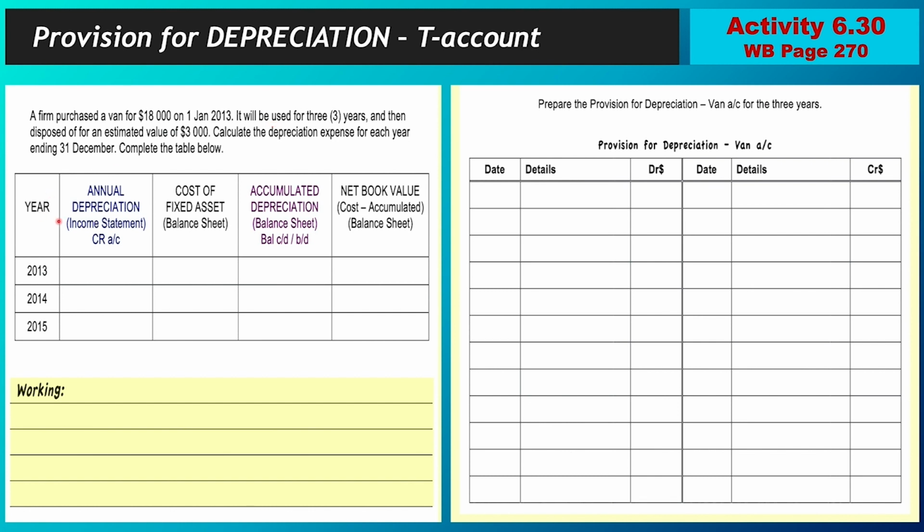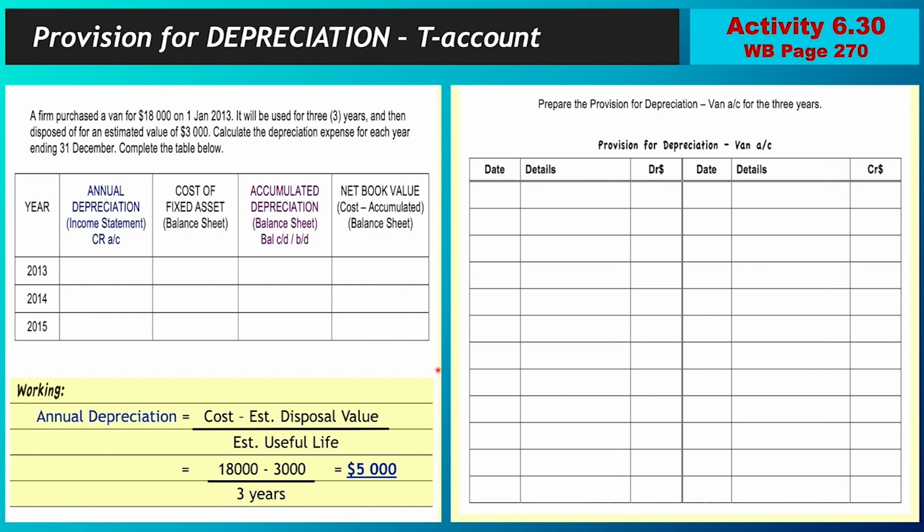So the first thing we're going to do, have it highlighted already, is your working. And you could put down your formula. Your annual depreciation would be the cost minus the estimated disposal value divided by estimated useful life. So that is the formula we're going to use to work out our depreciation. And when we plug in the figures, that is 18,000 the cost minus the 3,000 estimated disposal value over your estimated useful life of 3 years. And that will give you a figure of